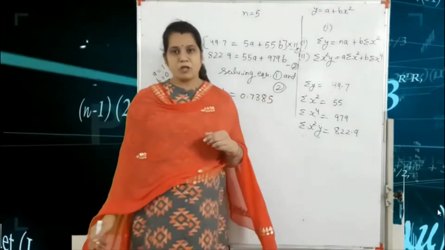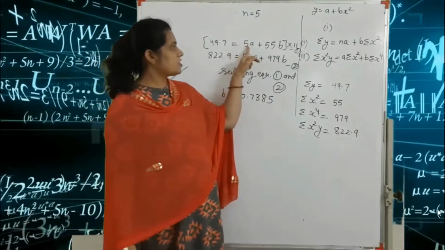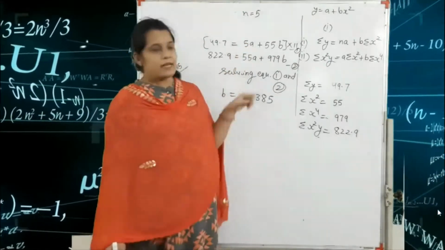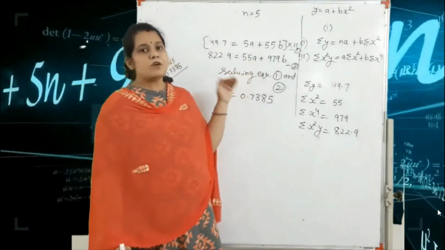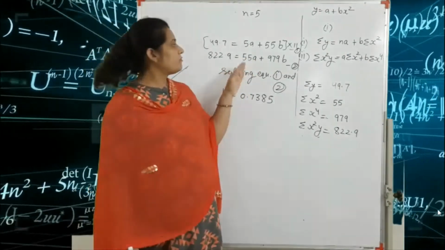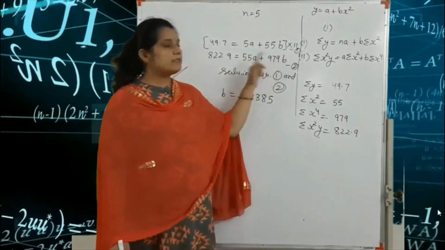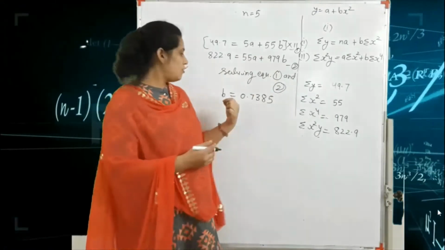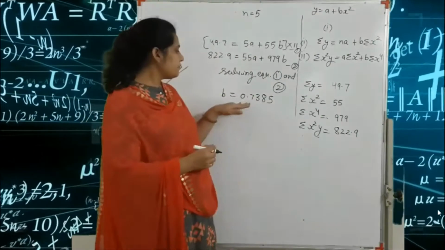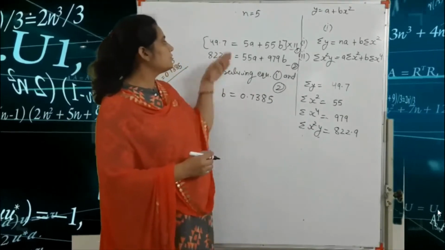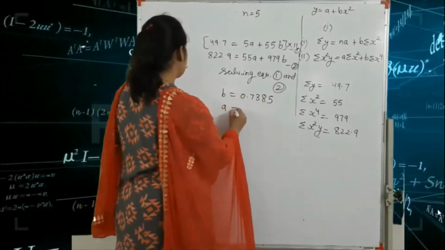0.7385. Because here we multiply by 11, in the first equation we get the 55a, and in the second equation again here is the 55a. So after 1 minus 2, the 55a minus 55a cancels, and we get the value of b. So the value of b is 0.7385, and we put this value in our first equation or in the second equation. So we get the value of a is 1